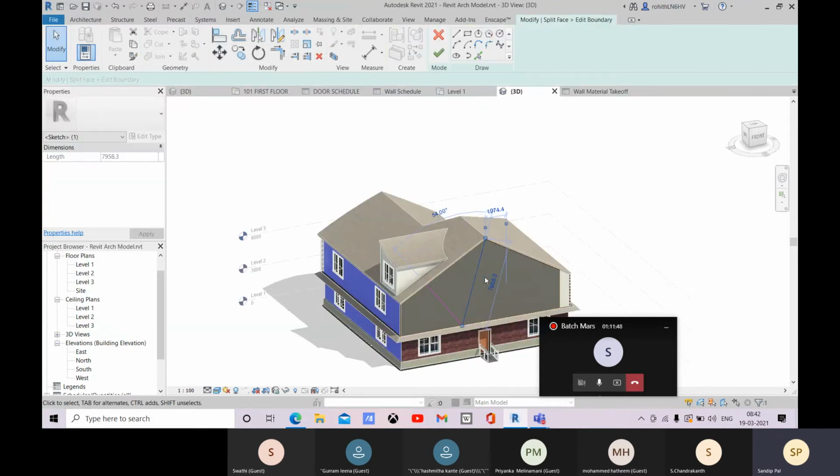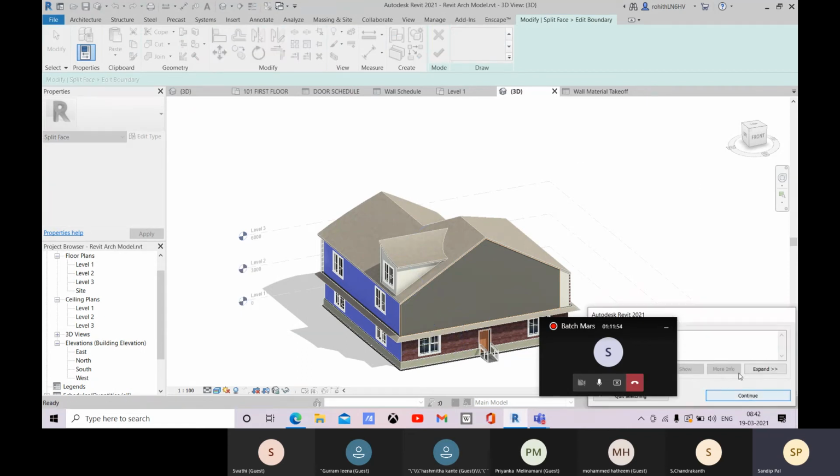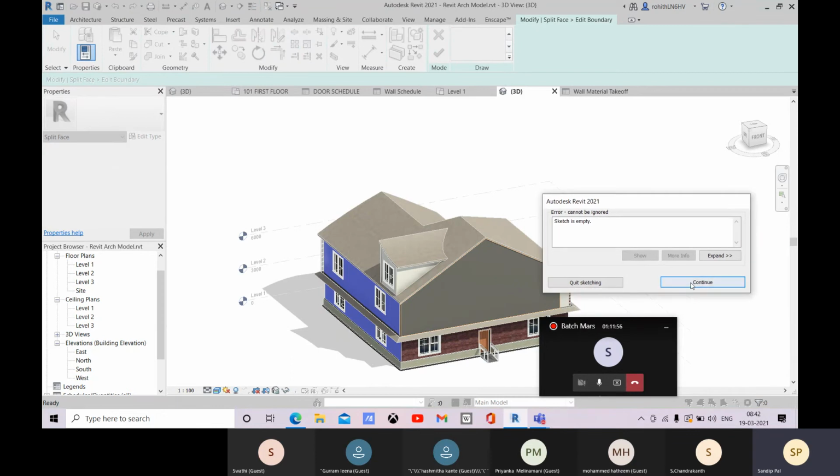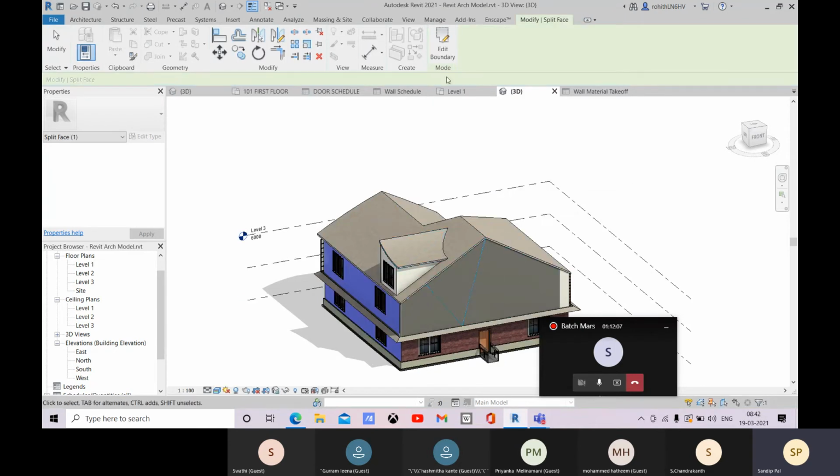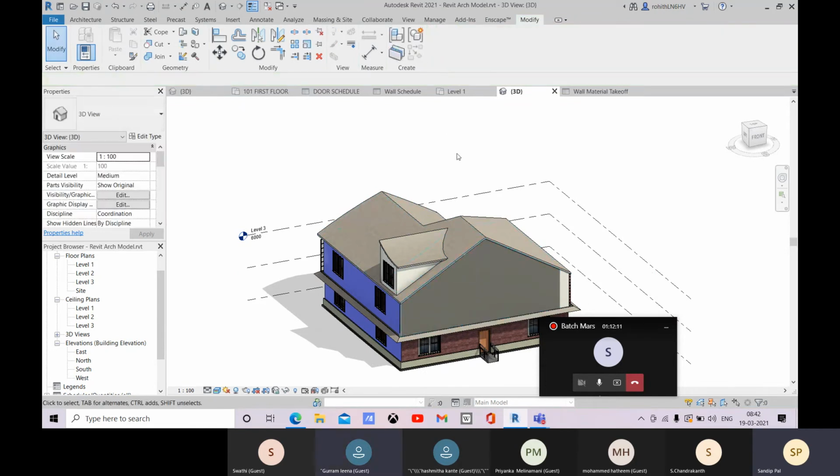Let me uncheck this split face, and let me just delete this split face.